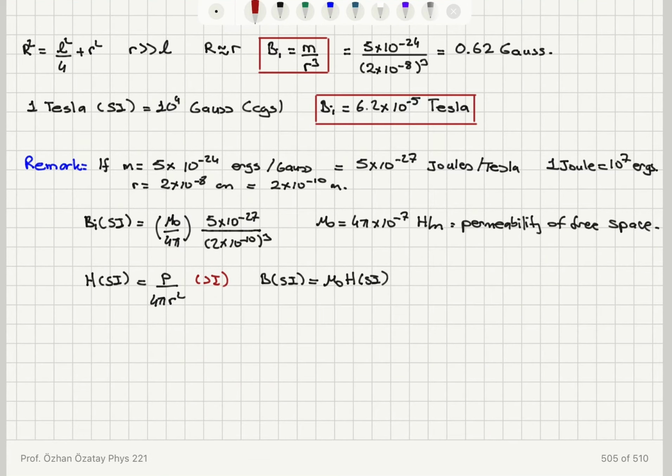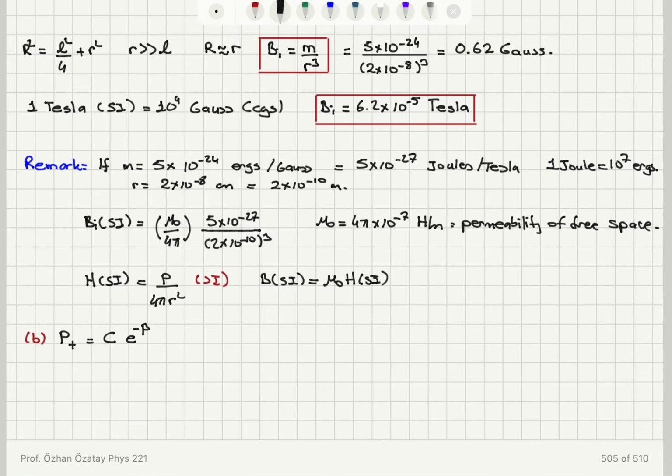Okay, so let me take a look at the probabilities. The probability of having a positive magnetic moment, P plus, is a constant C times e to the minus